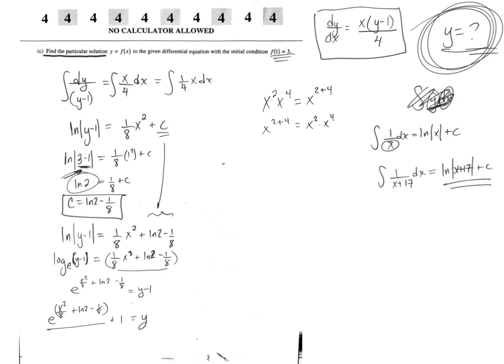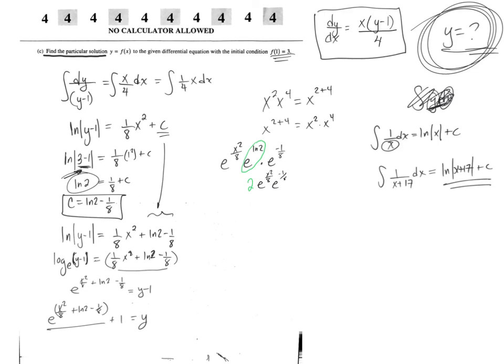We have e to the x squared over 8 times e to the ln of 2 times e to the negative 1/8. Because we have addition of exponents, that means you're multiplying these like bases. So in other words, if I gave you this problem, simplify this, you'd recognize, hey, all I have to do is add these exponents. Well, the reason I'm doing this is because this one here in the middle, e to the ln of 2, you should recognize simplifies to 2. So that becomes a 2, and you're left with the e to the x squared over 8 times the e